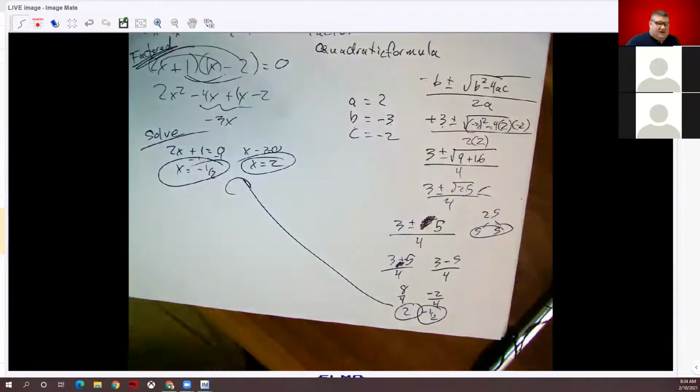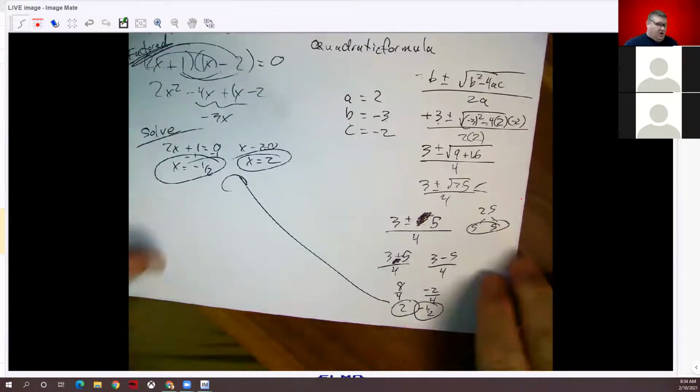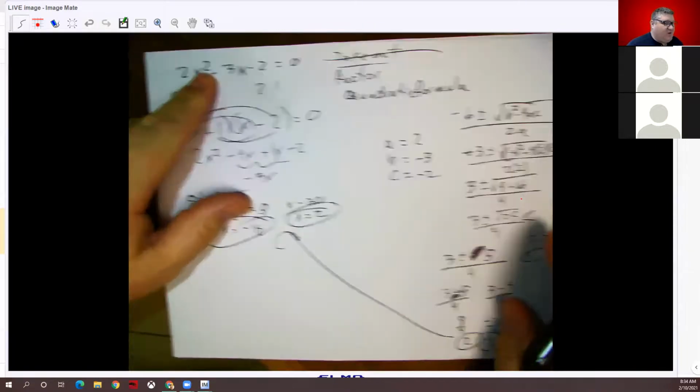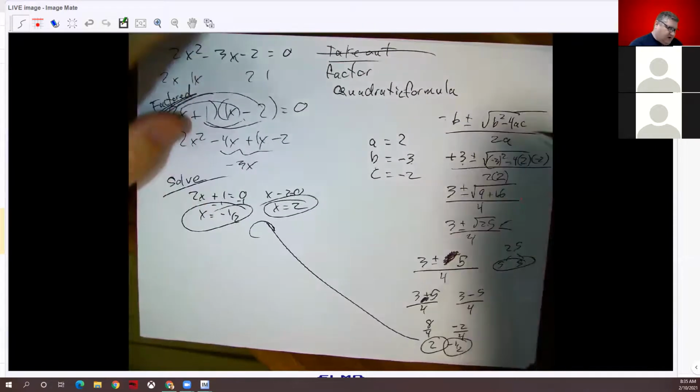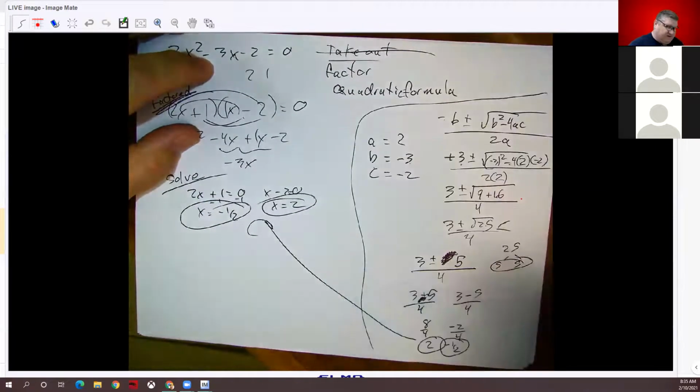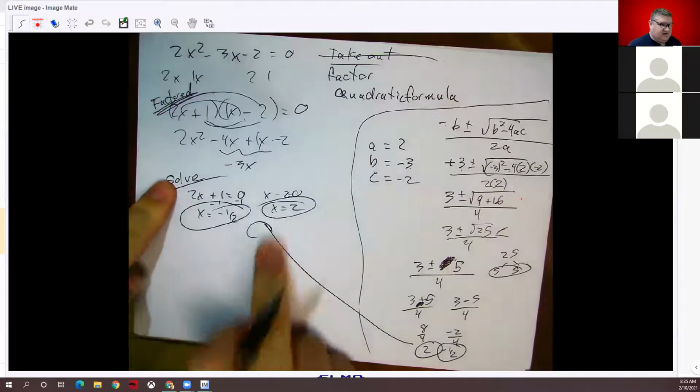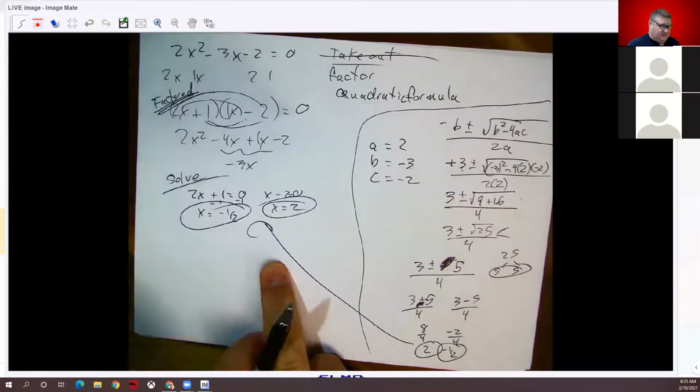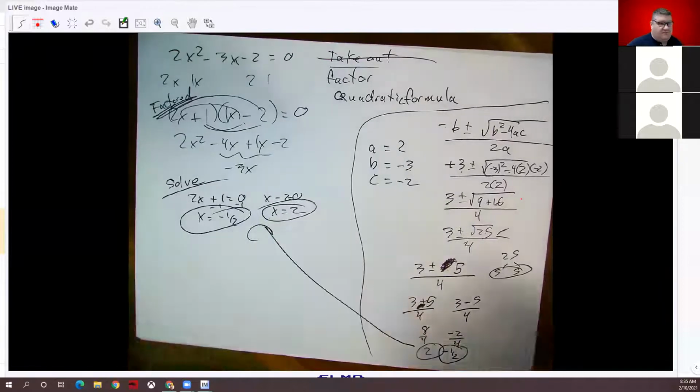So here's the deal. On a problem like this, why in the world would I do all of this when I can just do this? This is way easier. However,